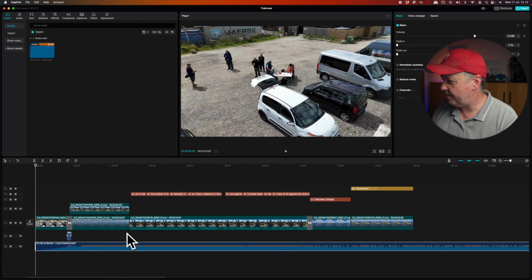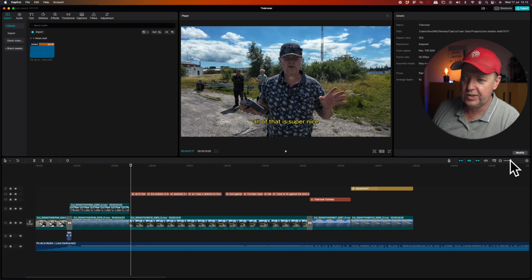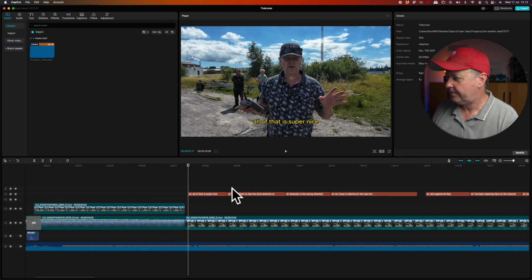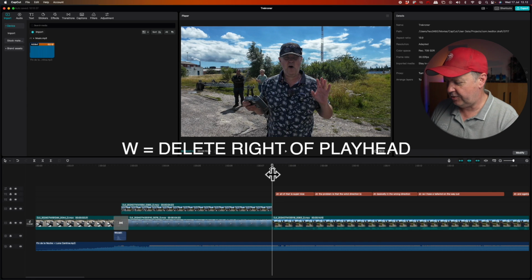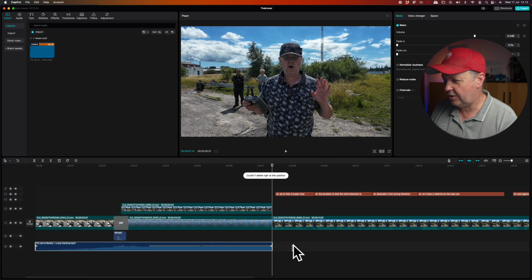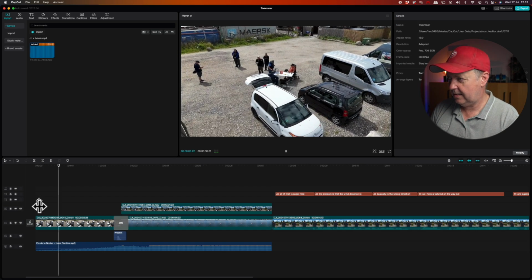And I can place the playhead here in this position. Let's just zoom in so you can see what it is that I'm doing. So I'll place the playhead here, where it goes into the talking part. And then I will simply use the W, select this one. So I will take away the part of the track that is on the right side of the playhead. So now I have my music part here. And as you can hear,